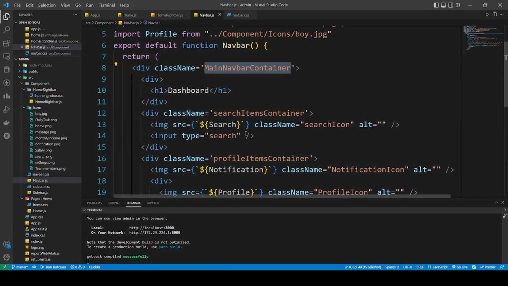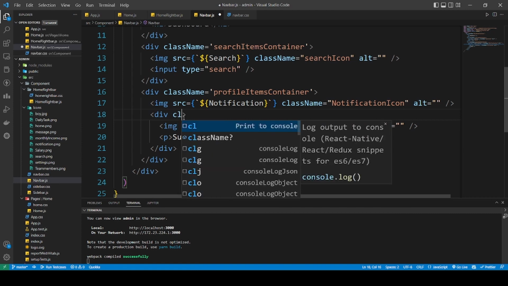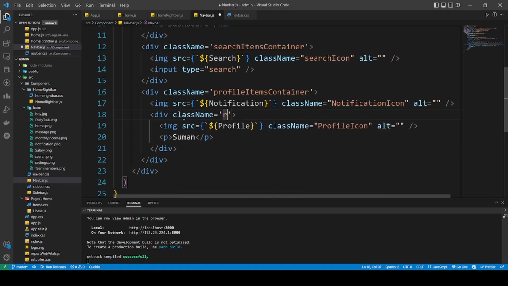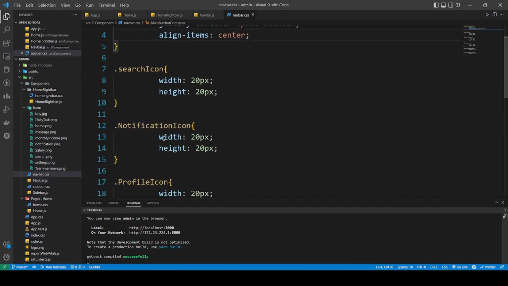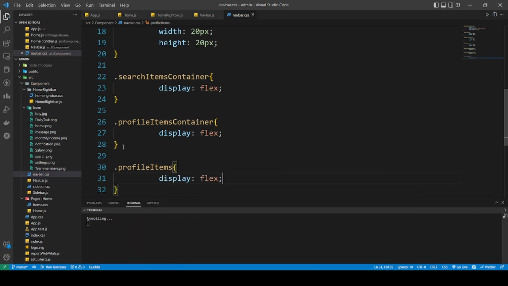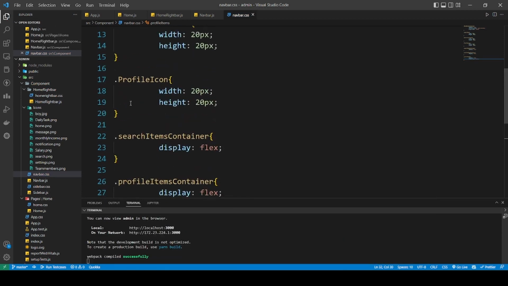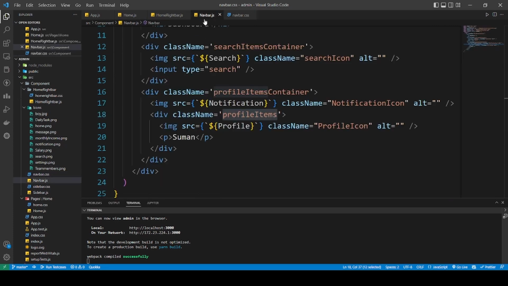Now let's go back, and I'm gonna write a class name. So our class name will be profile items, and let's write a display will be flex, align item will be center. Okay, so now let's go back,